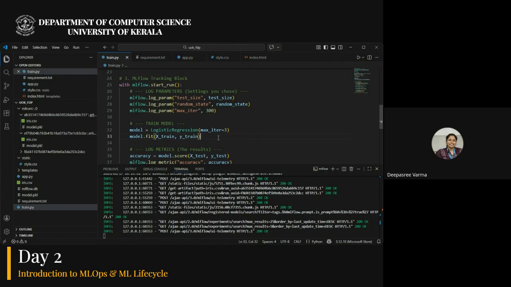Since this is a very small example, it looks very easy. I'm just changing one parameter, but you know how a machine learning model works, right? There are hundreds of parameters, hundreds of values, features, all these things. If you want to keep track of them, we can use MLflow. So think about a machine learning model being created in an industry application. This is the way in which it will be treated.